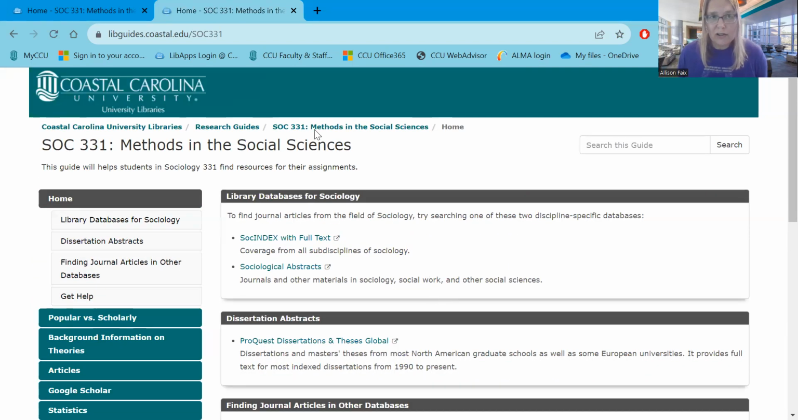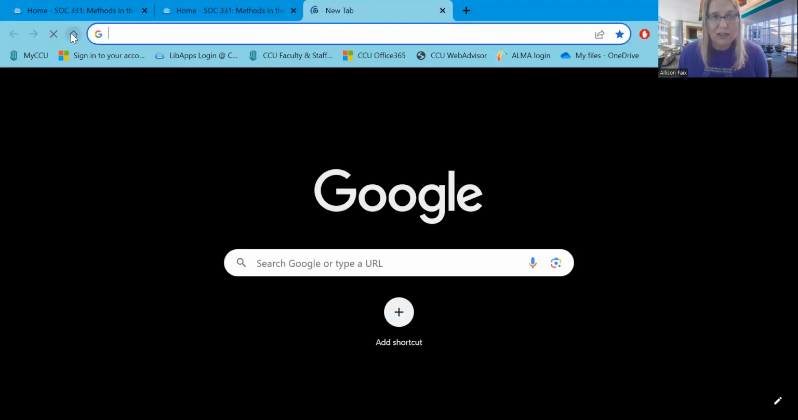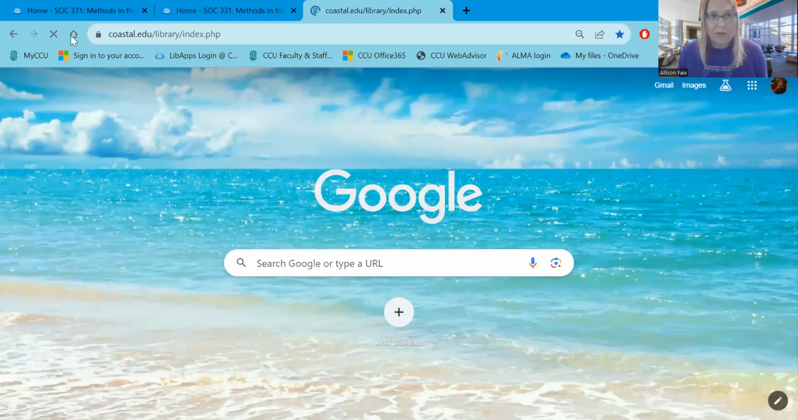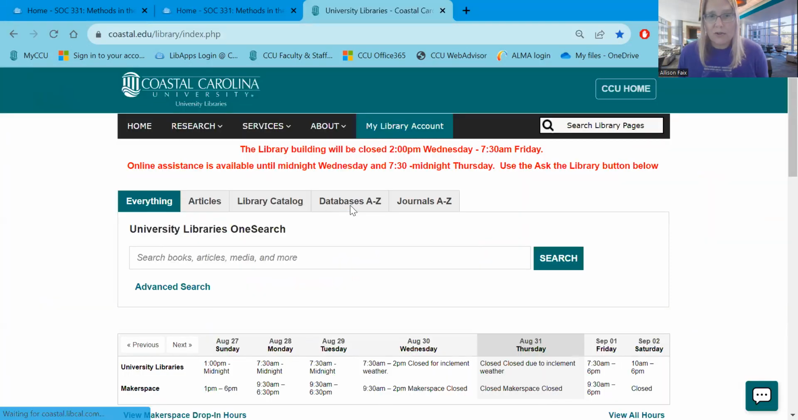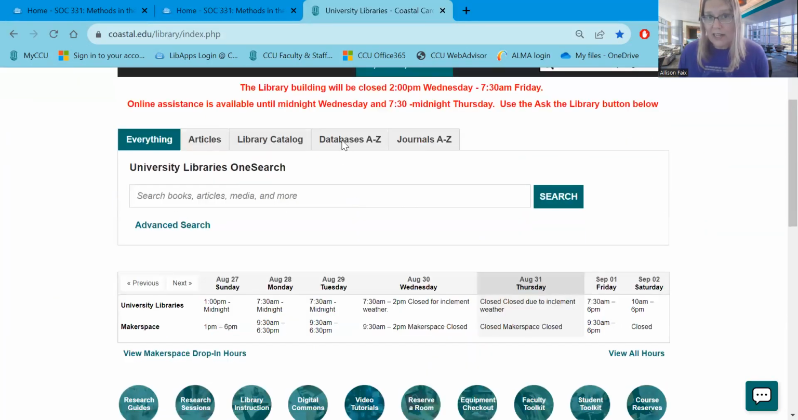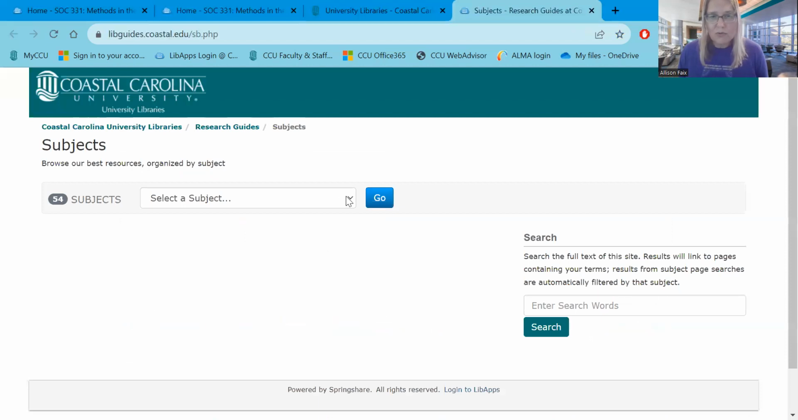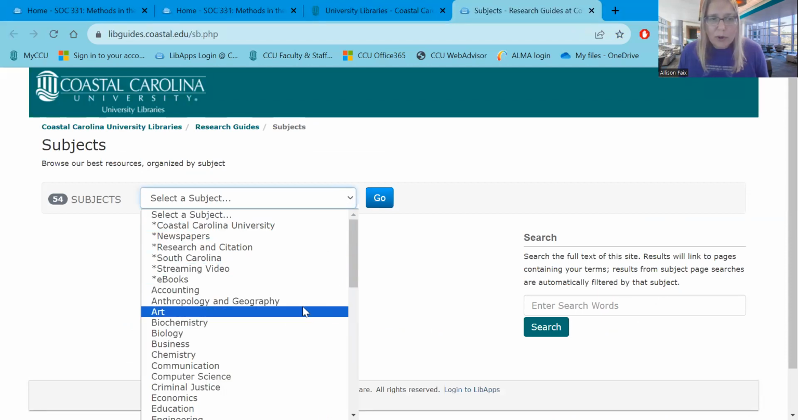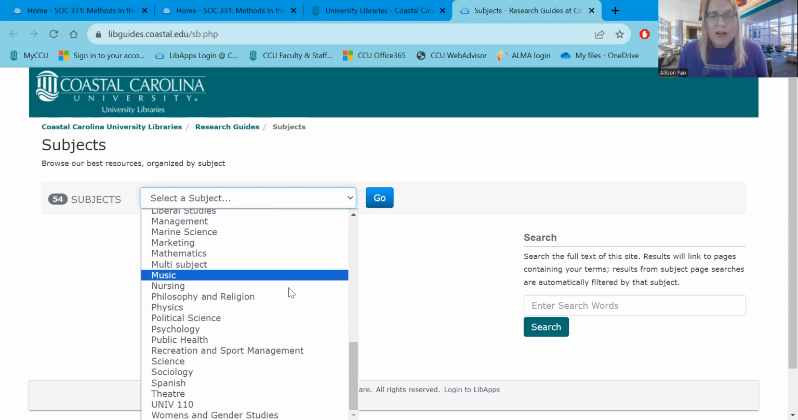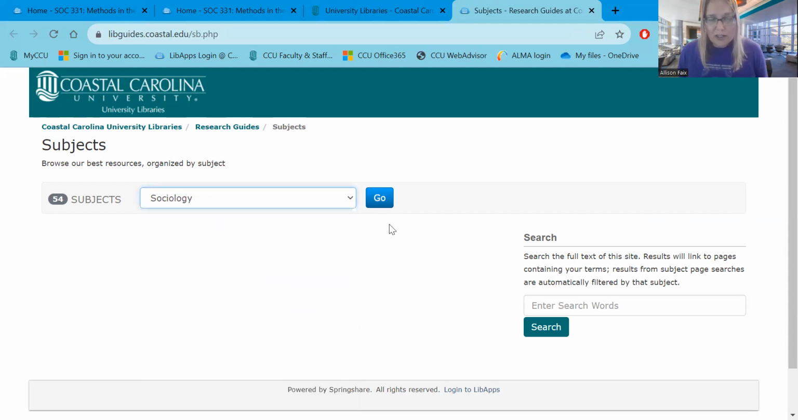So there's also other ways to get to these from the library's homepage. I always like to point out that you can go to databases A to Z and get to all of these databases that way as well. You can also just search OneSearch, which is that big search box that searches everything. But I think for this subject specific,